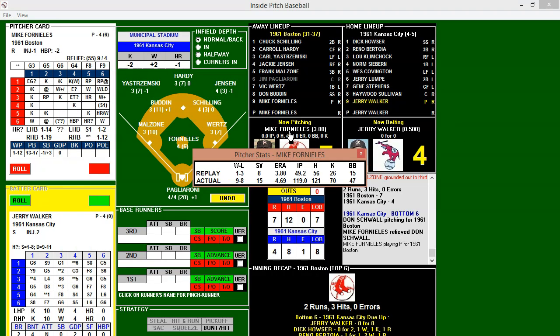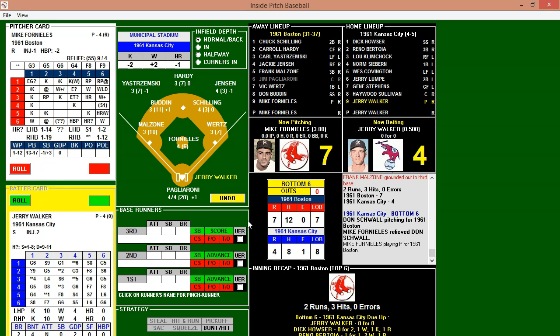He's been better as of late. 1-3 with 8 saves, 3.80 earned run average, still almost a run better than his actual season, which was 4.69 earned run average, 9-8. 49 2/3 innings pitched, 56 hits allowed, 15 walks, 26 strikeouts. So Fornieles is looking to pitch some scoreless innings, or at least keep the Red Sox lead, which is at 3 runs right now.